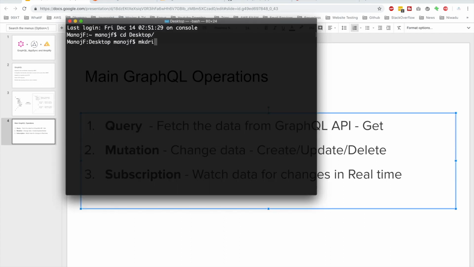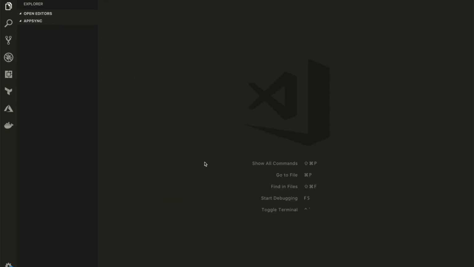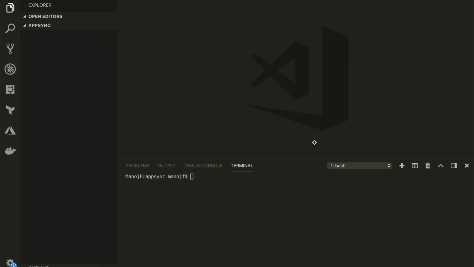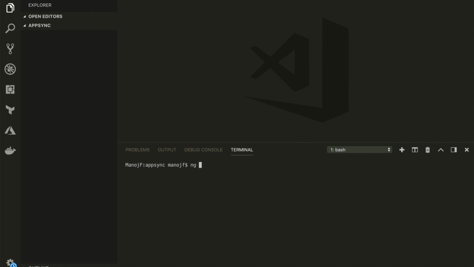and create a new directory called AppSync. And I will go into the AppSync directory and open it in Visual Studio Code by typing code space period. So let's create our Angular application first. I'm going to use Angular CLI. So I open up an integrated terminal here, and I have installed Angular CLI, so I can type ng new